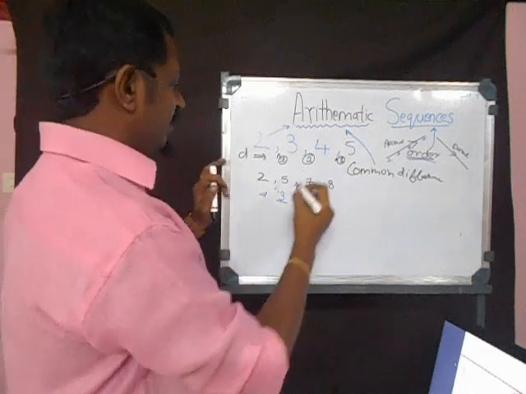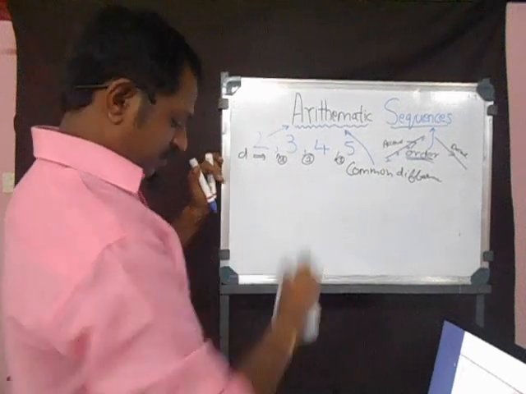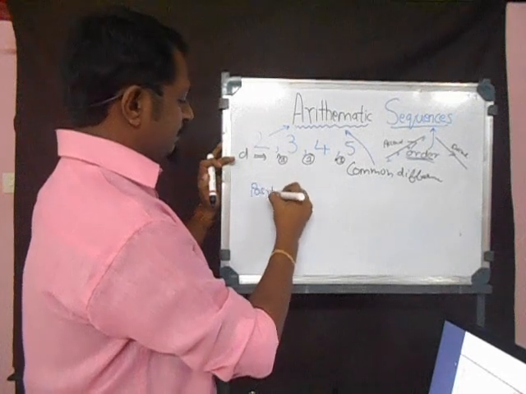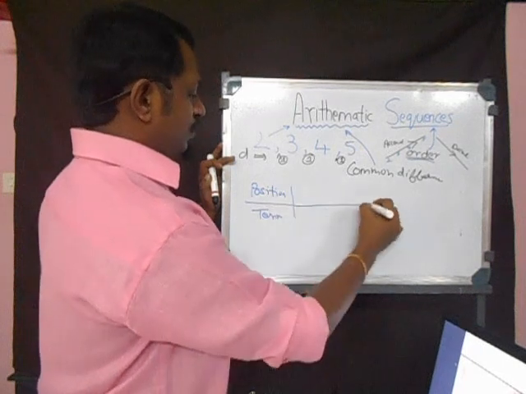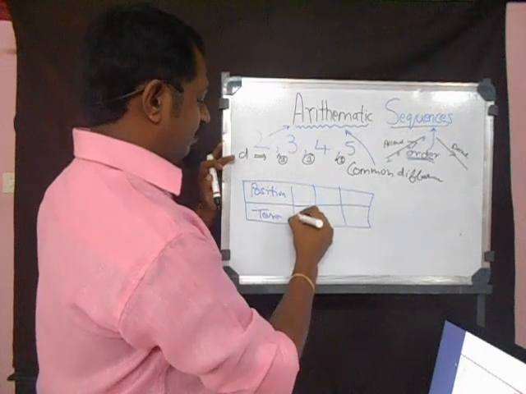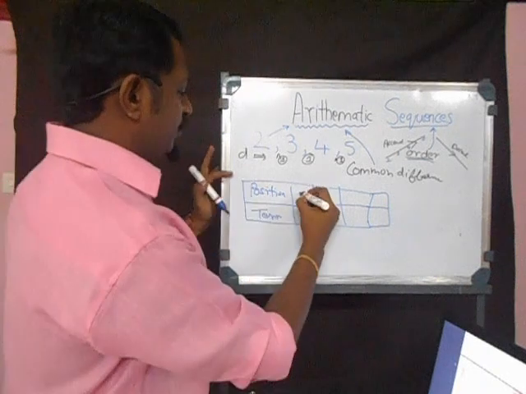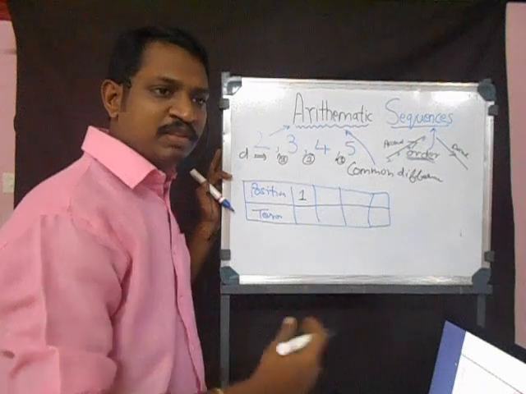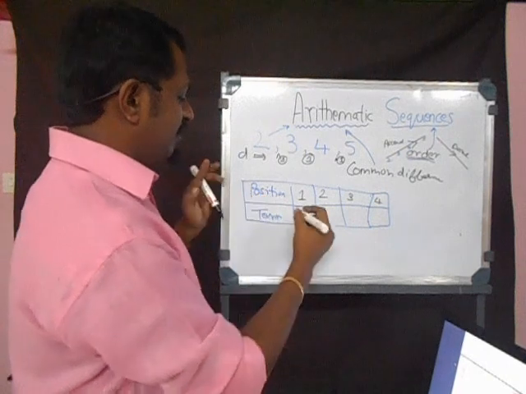Let me draw it here itself. Let's go for the same examples, but with the position and term. So we just take a few and then let's see how we can. One more, okay, we added. And then here the first position, this is called position, like how you play and win the position. You are in the first position, second position, that way. 1, 2, 3 and 4. So let's see, we take some terms here.